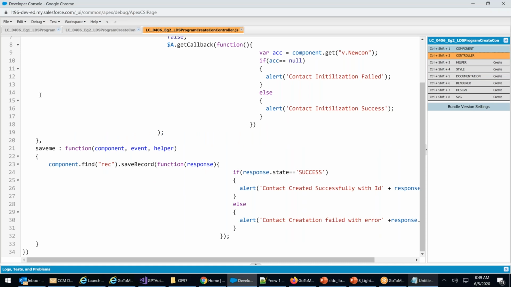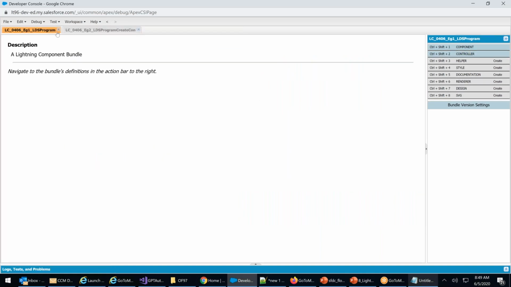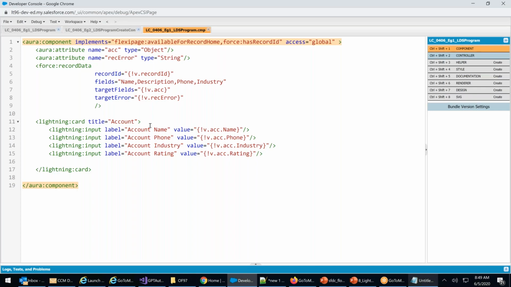Right, okay. We want to delete a record. In the delete, you need to have a reload. Reload the component or reload something else. So I'm closing all this. Let me see whether I need the component or not. Yep, I need this component.